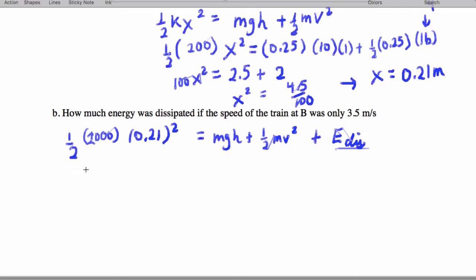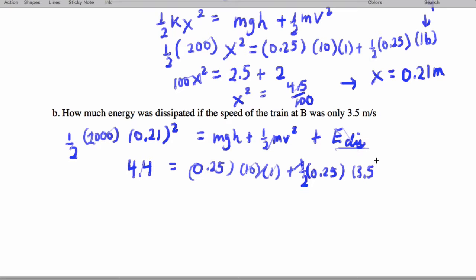So here we're going to get about 4.4 equals, it's actually 4.5 if you're being careful, but that's okay. 0.25 times 10 times 1 plus 1/2 times 0.25 times 3.5 squared plus E dissipated. A little bit of calculator work to do here, so we get 4.4